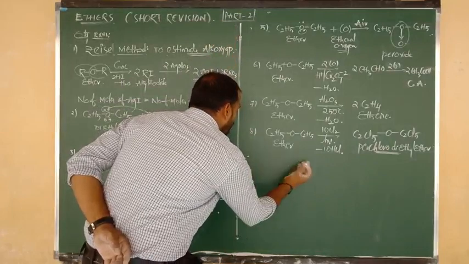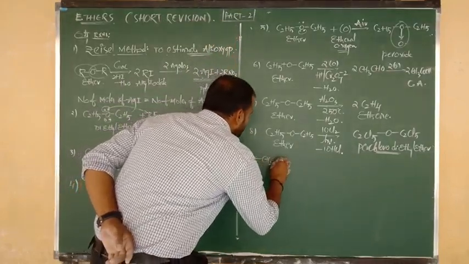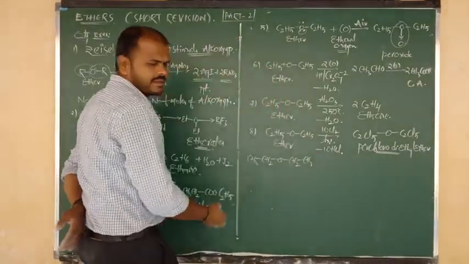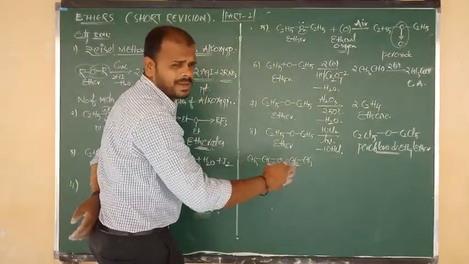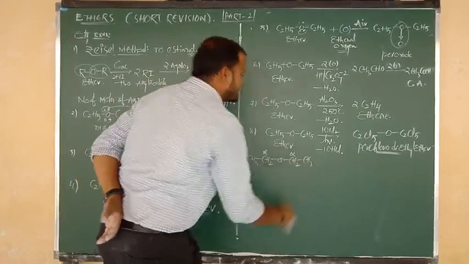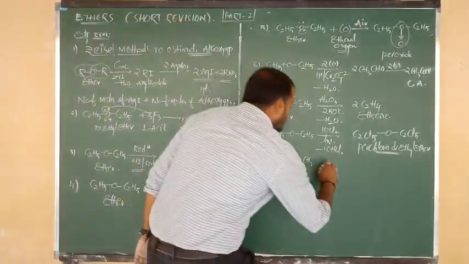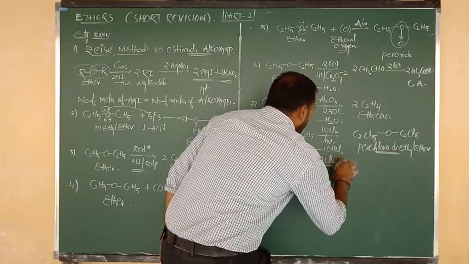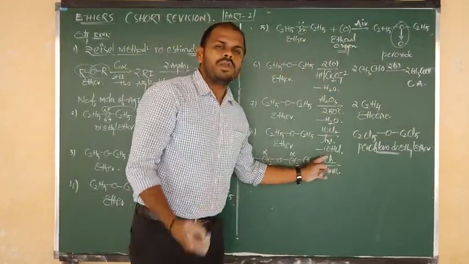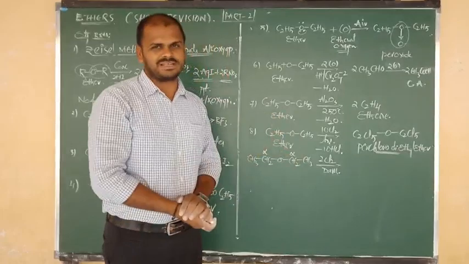For that, I am going to write the reaction. CH3 bonded to CH2, CH2 bonded to O, again O bonded to CH2 and CH3. Same as the above formula, but I have elaborated it here. So diethyl ether: this is the alpha position, and this is also an alpha position. Now it undergoes reaction with Cl2 in presence of dark condition. Chlorination in the dark replaces only alpha hydrogens.